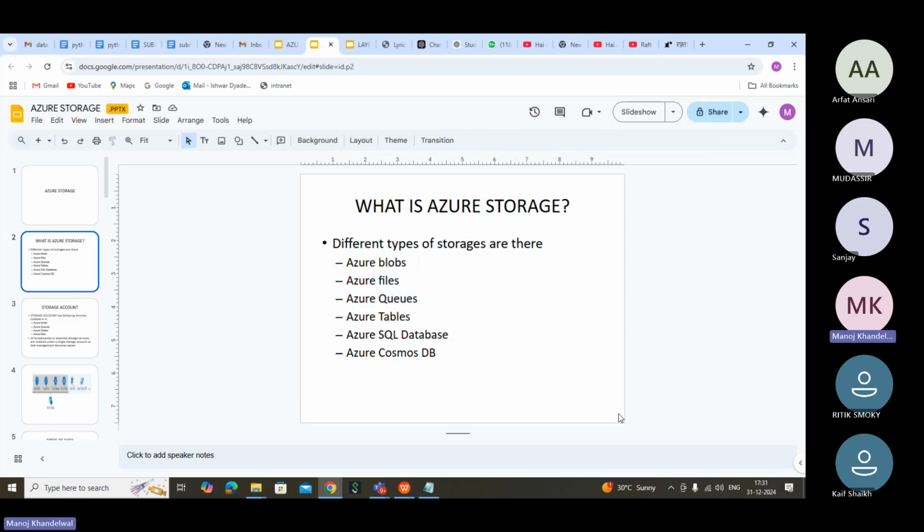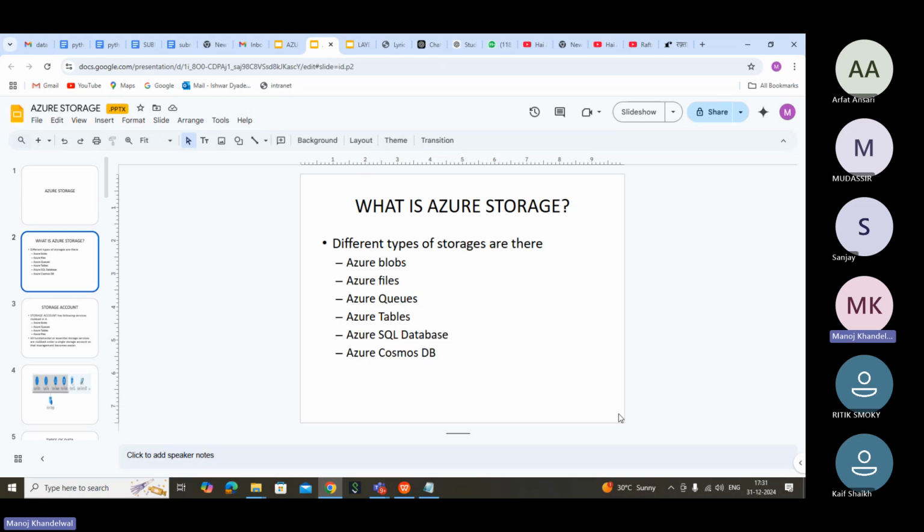These upper four, can't we put them in a SQL database? The type of storage we take depends on the type of data we want to store, and also the cost will matter there. So we have to be aware of what data we want to store, and according to that we take the storage. We'll see now what is the purpose of blobs, files, queues, tables. Traditionally we use only SQL database, but those concepts have changed. Depending on what type of data you want to store, you have to take the proper storage.